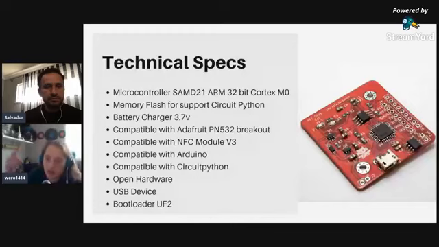So you can just select the board, NFC Copy Cat, and then you can reprogram it. It also has memory flash to support CircuitPython. All our boards have the ability of being compatible with CircuitPython, but this is the first board where we put the memory flash so we can support